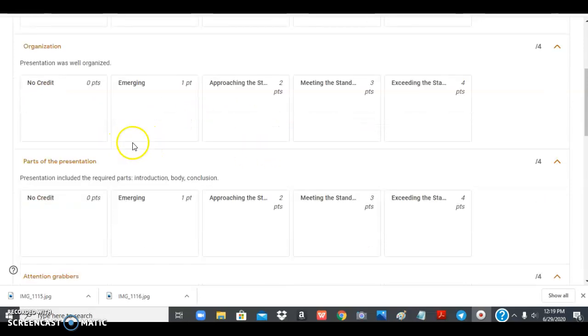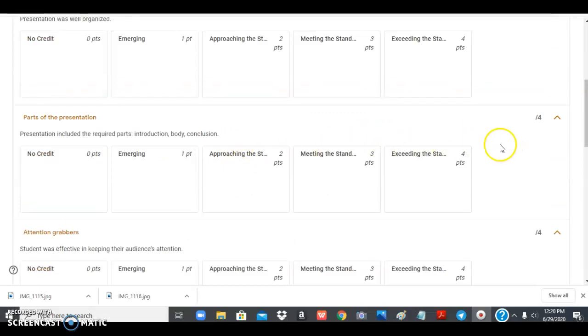All right, the next category that you will be graded on is whether the presentation included the required parts: introduction, body, and conclusion. For the introduction, you say your name, where you're from, and something a little bit about yourself.